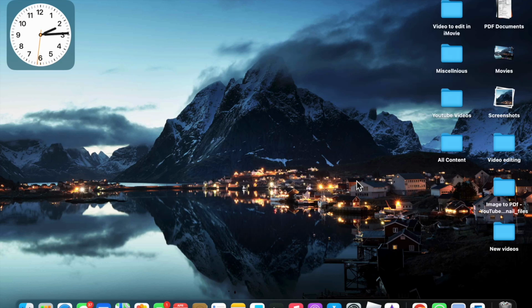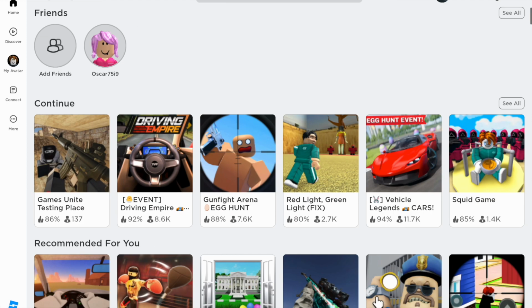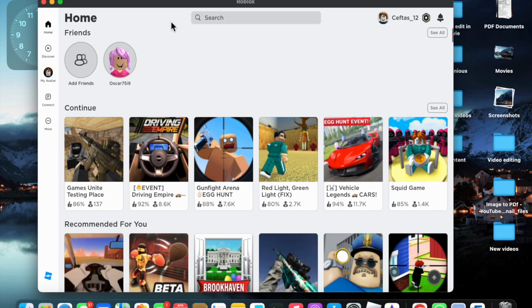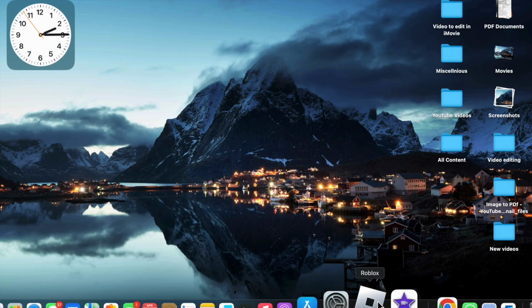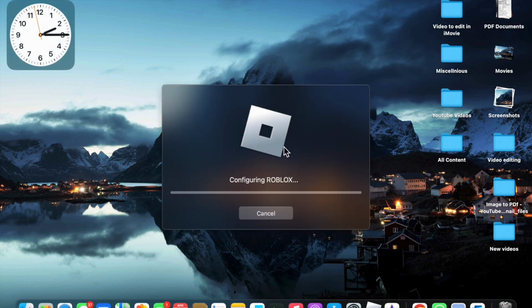In this video I am going to show you how to force quit any app in MacBook. So if you want to force quit any app in MacBook, what you have to do, first I am going to open this app here. And now if I want to close this app, I can click on this. But if it is stuck and it is not closing, and I want to force quit it,